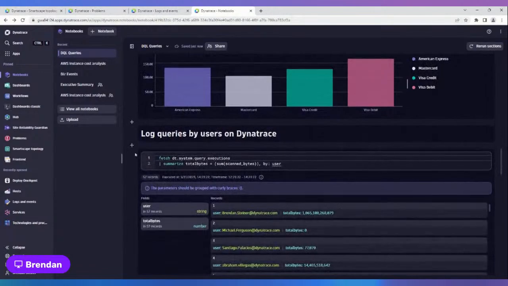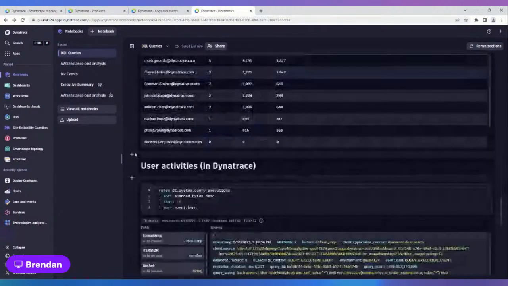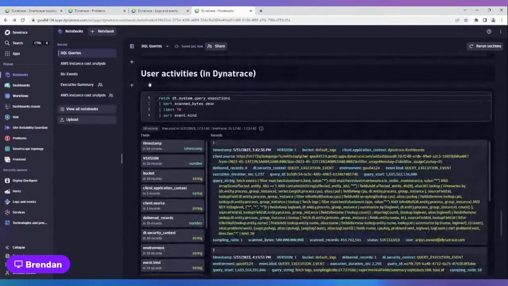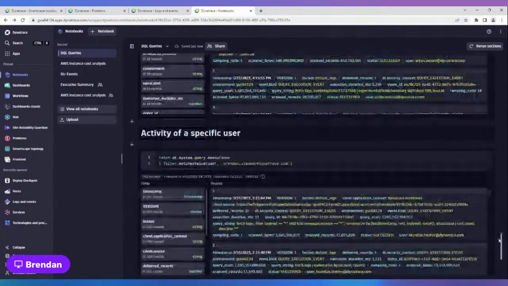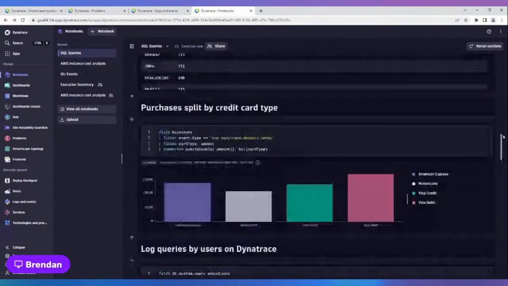We could also use it to audit Dynatrace, making sure that people are using Dynatrace as they're supposed to. They only have access to what they're supposed to. Of course, with the PII and private data, we want to make sure that people are only accessing what they're